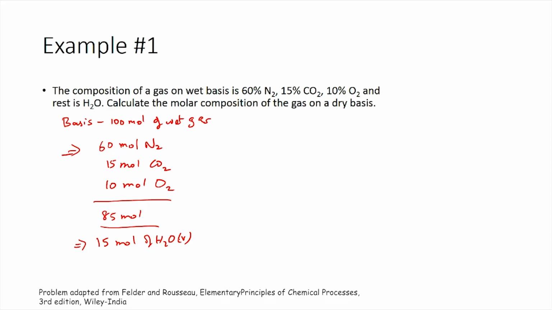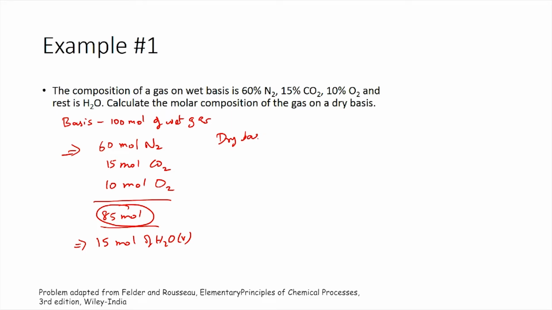So, when we calculate the wet basis, what we would have done is we would have accounted for this 15 moles also and had a total moles of 100, which was the basis assumed, and from there we would have calculated the percentages. So, now to calculate the dry basis, we would not include the number of moles of water vapor present in the mixture. So, the total number of moles which will be used for calculations would be 85 moles. So, using this we can calculate the dry basis